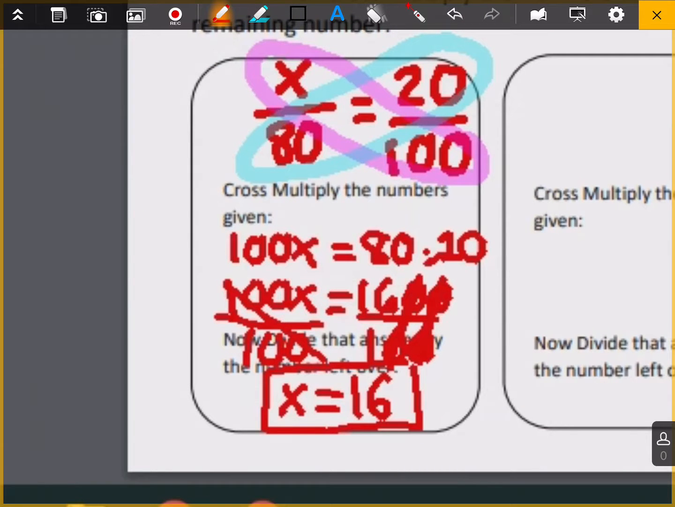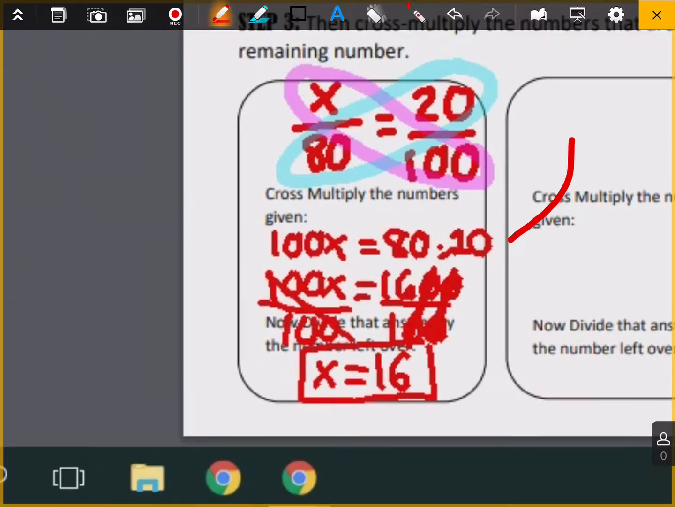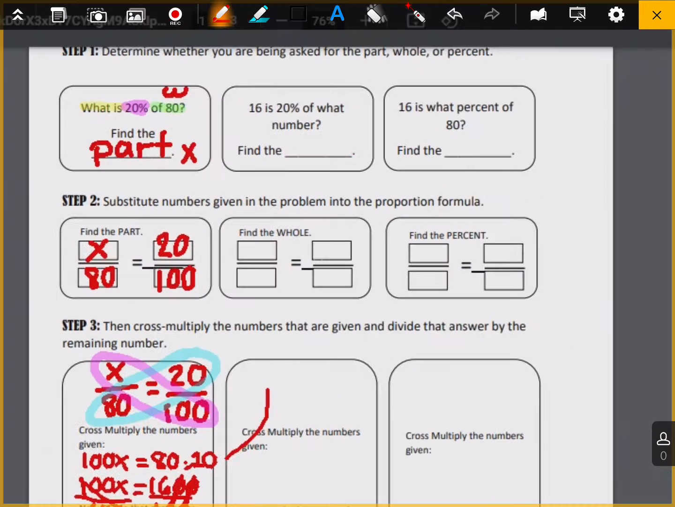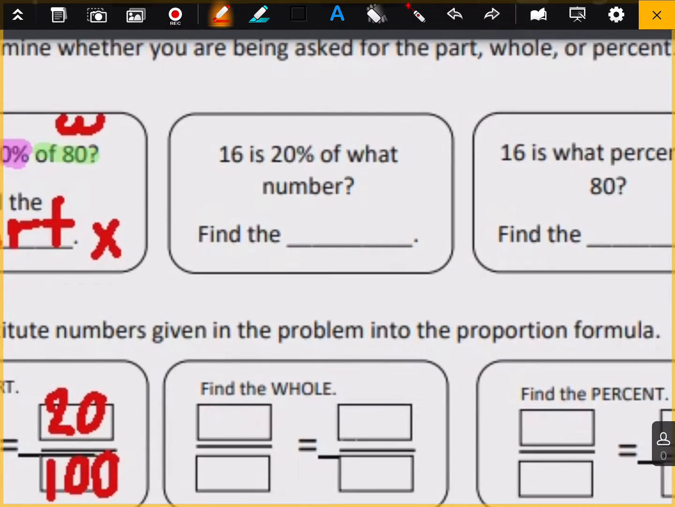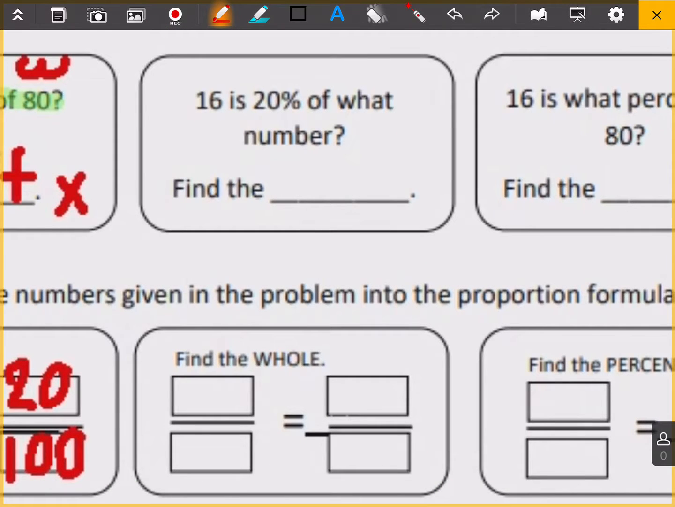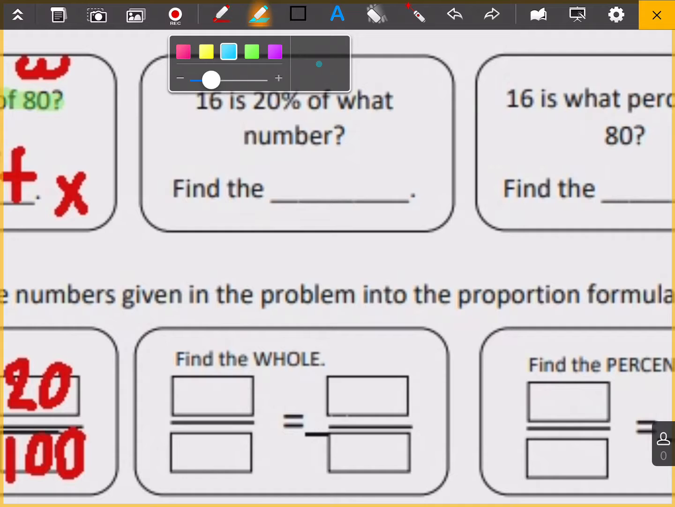Now that we've solved for the part, we're going to go ahead and try this second one that we have. And we're going to look all the way through the steps again. We're going to figure out what it wants us to do in step 1, rewrite it as a proportion in step 2, and then find out the answer in step 3. So again, we're looking for those keywords. So we have